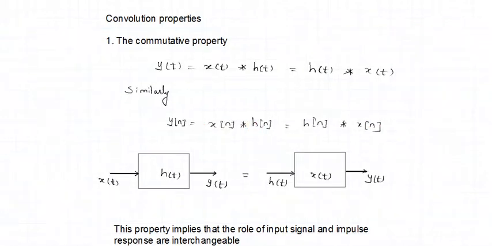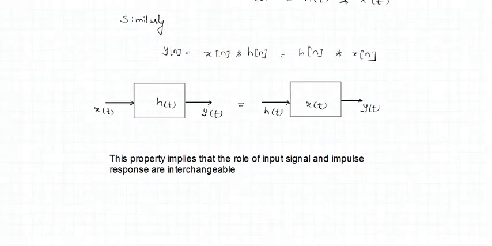How can we show it in a graphical way? So here, when we say x(n) is convolved with h(n) or x(t) is convolved with h(t), h indicates the impulse response, and x(t) is the input. So x(t) applied to an LTI system having an impulse response h(t) gives you a result y(t). This is equivalent to h(t) being the input and x(t) indicating the impulse response of the LTI system; y(t) is still the same, right? So any way you perform the process of convolution, the result is the same.